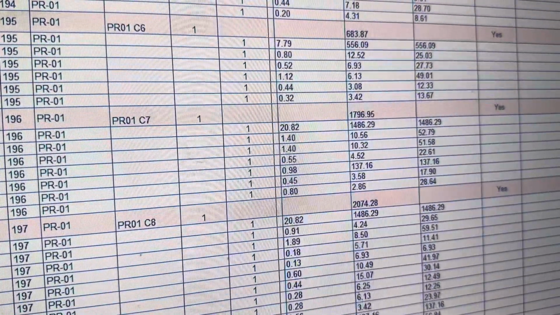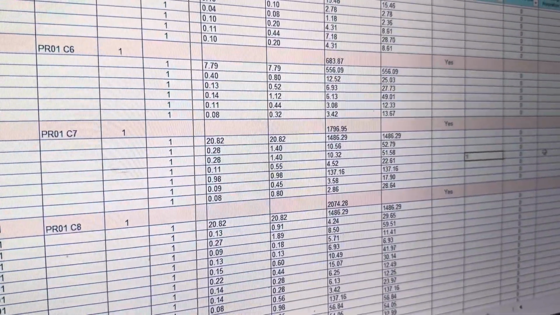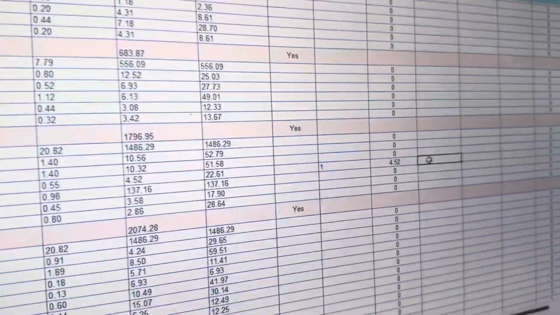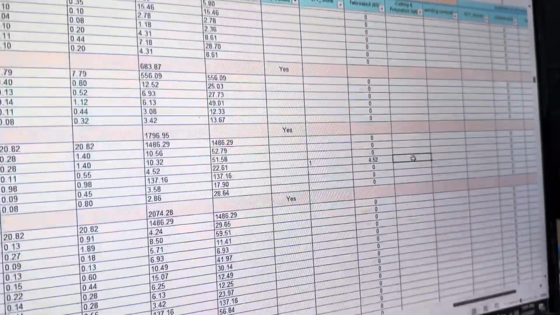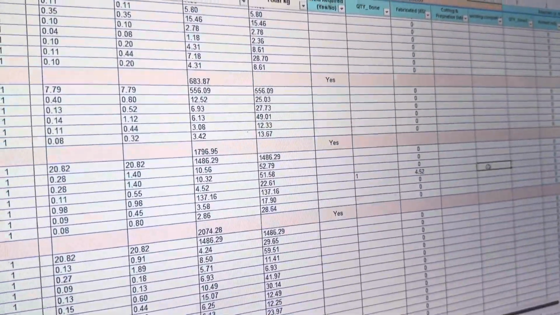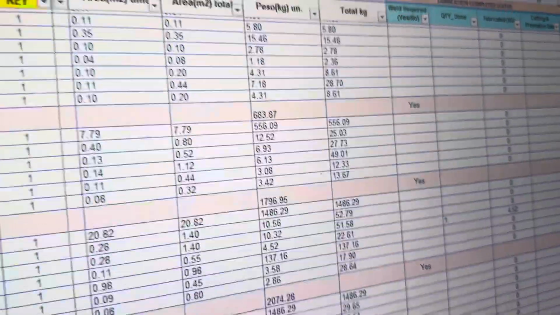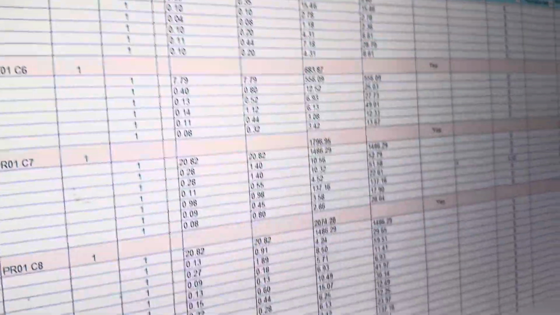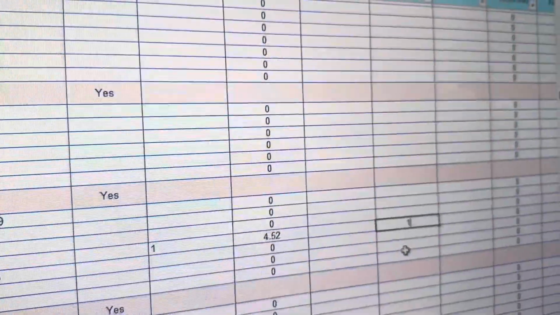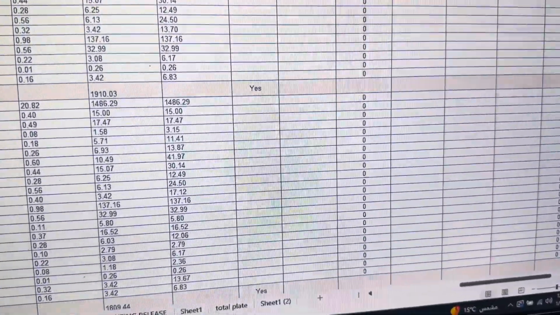the completed is just one piece. Fabrication: if one is complete, automatically this quantity comes here. For cutting and preparation, you just put the date here. Welding, for example, yes or no, welding done, date. Done, yes. A number, just put the number: 1 number, 2 number, how much? Then it will take the count from here. The number is done, put it.